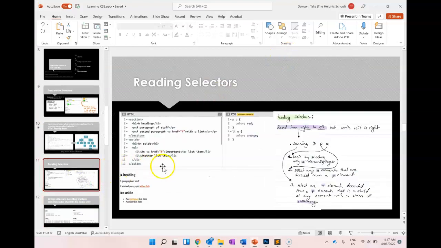Final thing before I pause this video and keep going a little bit later. When you are reading your selectors, you need to read them from right to left, so the opposite way that you normally would. So I've been talking you through this already, but you start with the link, then you go to the paragraph, then you go to the selector. So over here, you start with the link, then the paragraph, then the selector. Okay, if you go the other way around, you won't be able to read it correctly and you'll get really confused. So start backwards and go to the left, okay? I struggle with my lefts and rights. Go to the left. Yeah,